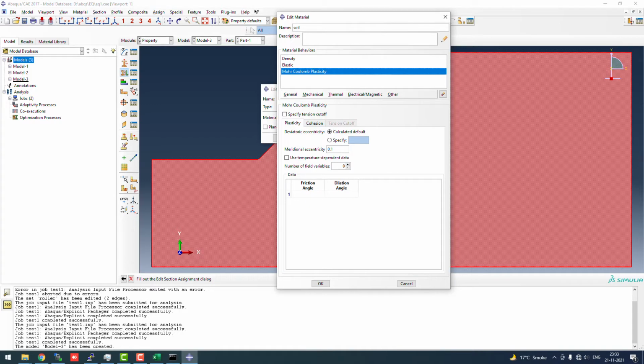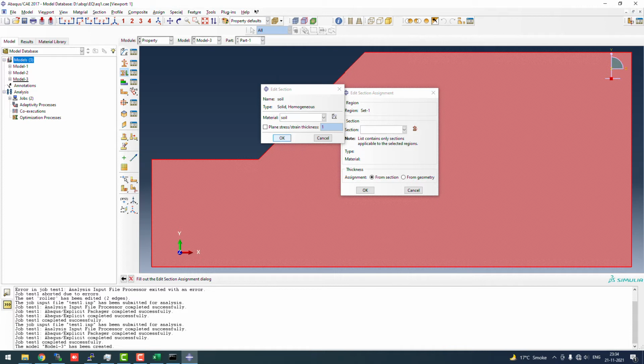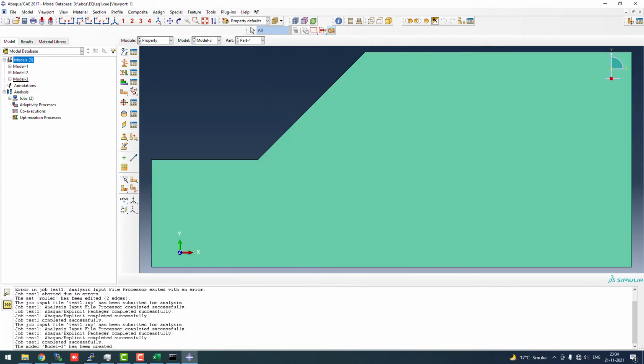Mohr-Coulomb, if we are using sandy soil, we can take 35 friction angle, and dilation angle will be friction angle minus 30, so it will be 5 around that. And cohesion we can take 500, because we can take zero cohesion basically, but for now I am just taking a nominal value which is 500. You can also go with the zero cohesion, but it will fail instantly if we have zero cohesion, so I am going for the 500. So all this, and we'll just close it and click on OK. So we have assigned the property as well.